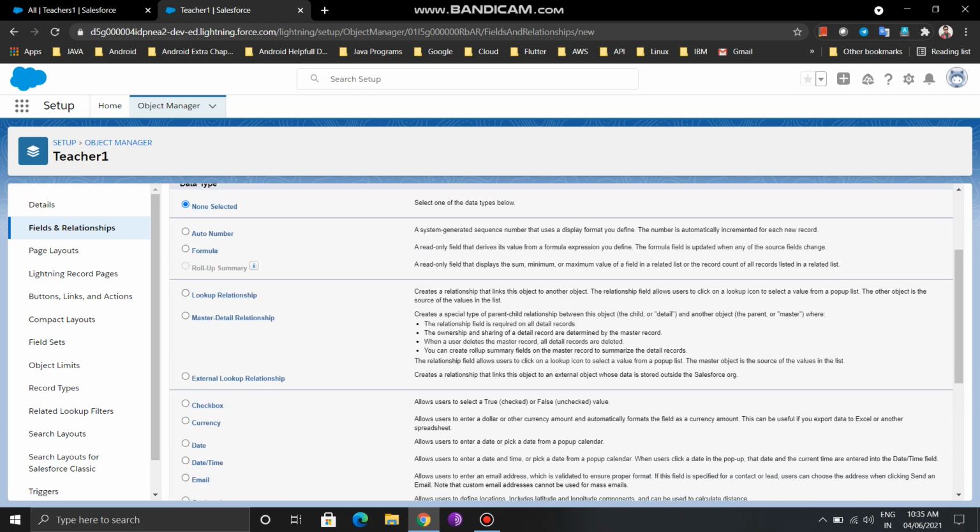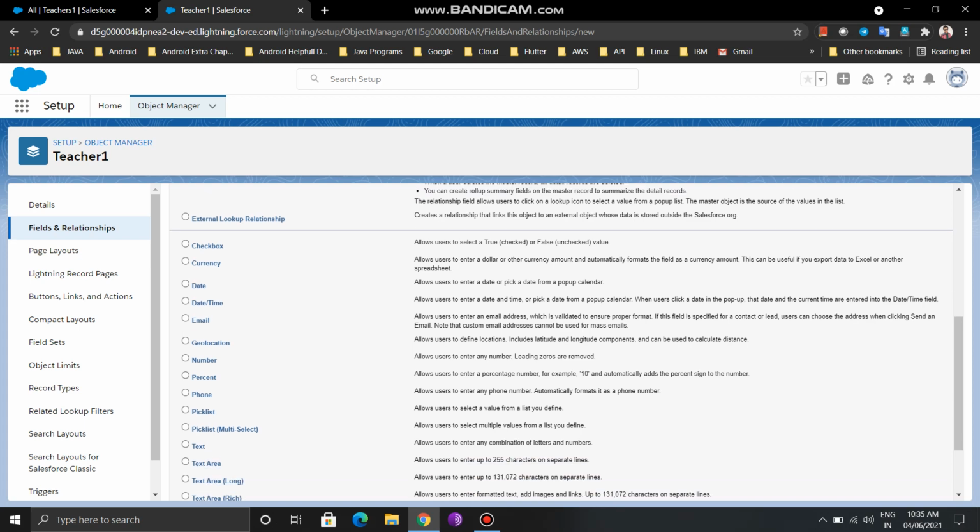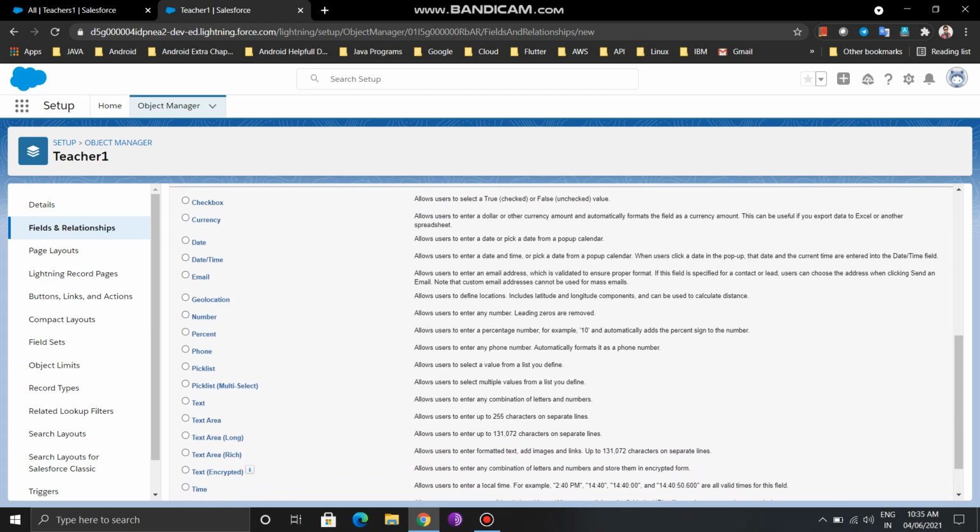For checkbox, if you want something true or false, you should use checkbox. When you need to add money fields, you should use currency. For date fields, when we need a calendar, at that time we use date and date time. For email we use email. For ID fields we should use number.